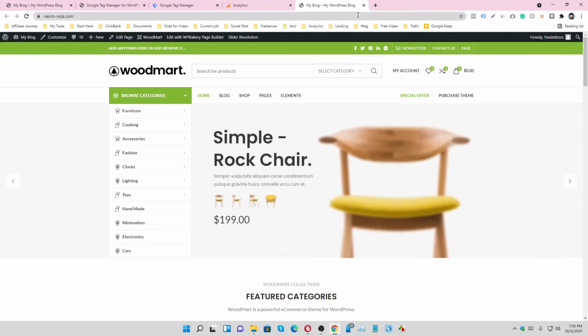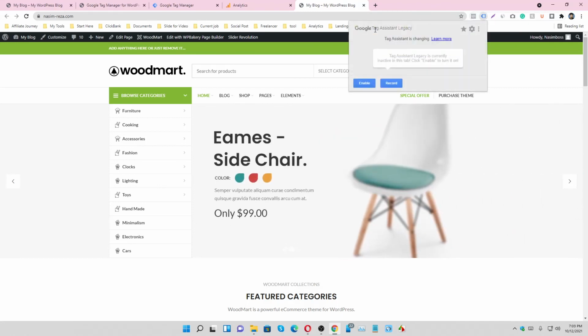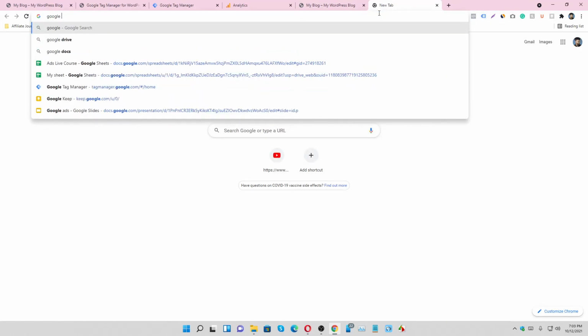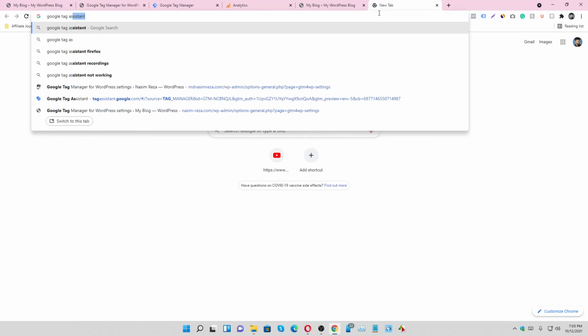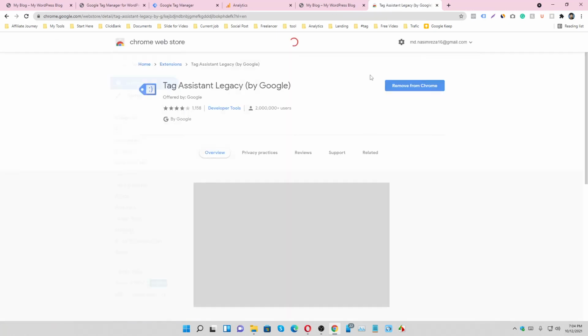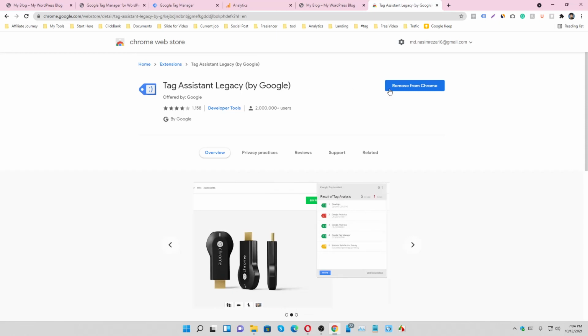For checking purposes, we can use a Google Chrome extension. It's called Google Tag Assistant. Simply search Google Tag Assistant and you will see this Chrome extension. I already installed it in my browser, that's why it shows remove from Chrome.